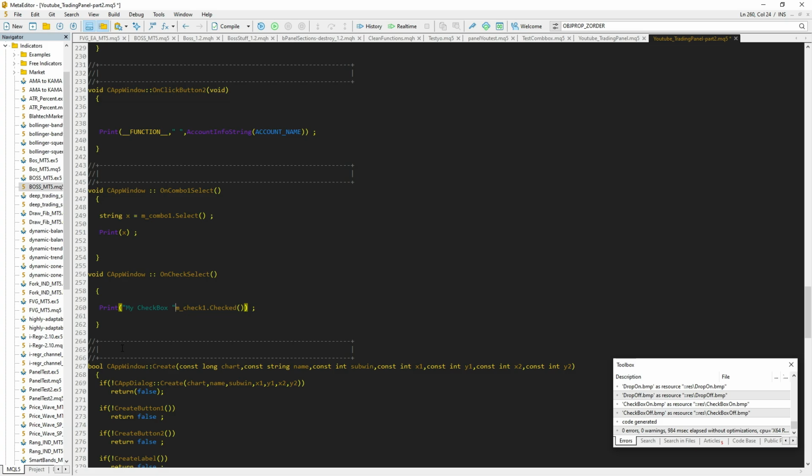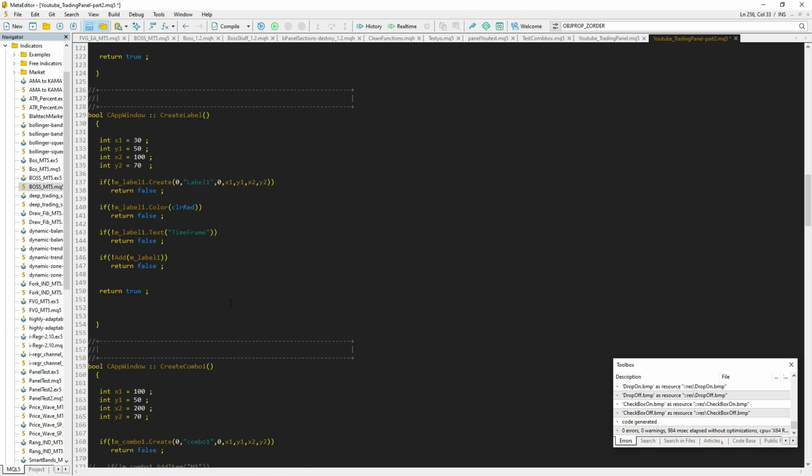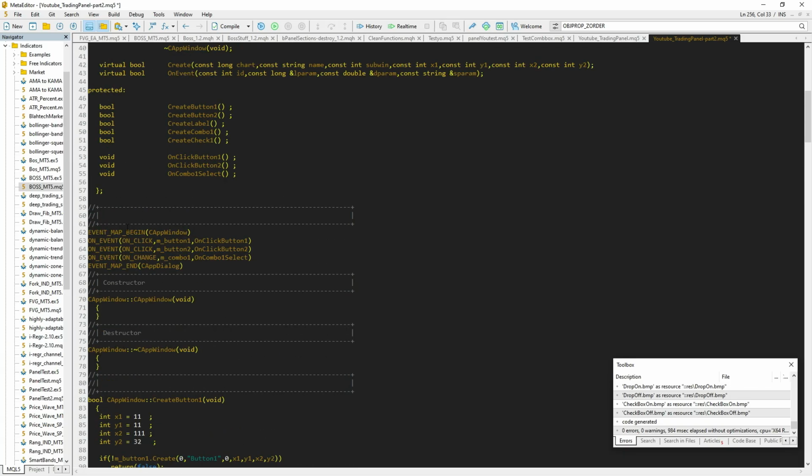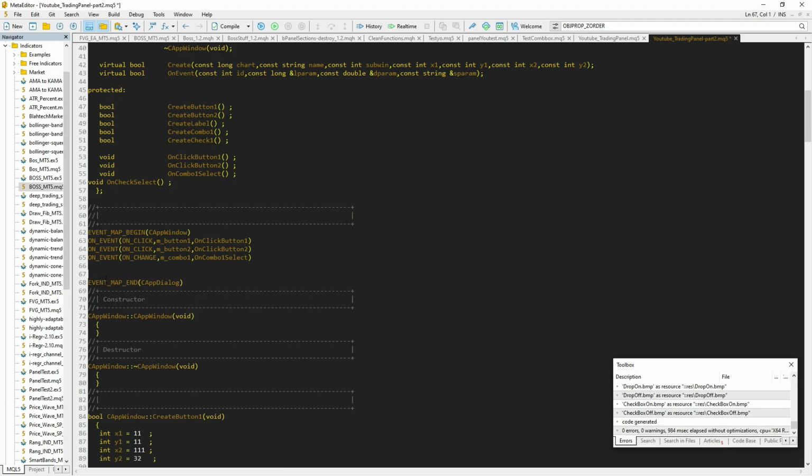Let's give it space. All right, let me add this, the same thing, add this to the void, and add this to the event